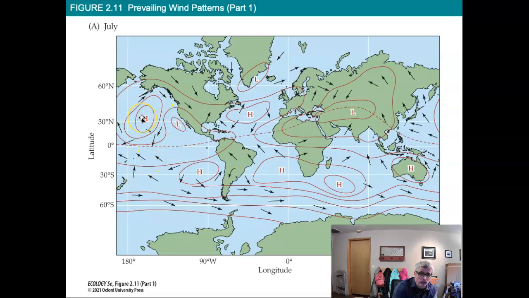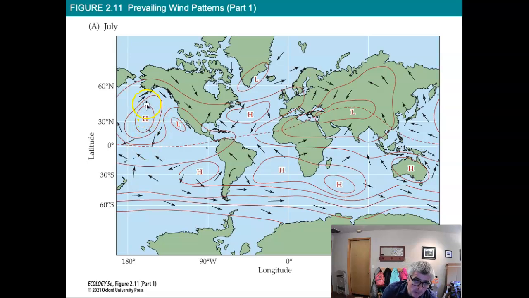Position yourself at the H. Pretend you're looking at Baja or Southern California, and you're trying to move there in a straight line. What's happening is Coriolis is grabbing you and pushing you to the right. So we have a high and a low. We want to move from the high to the low, but Coriolis is moving us to the right, which in this case is south. In the southern hemisphere, it would be the opposite of that.